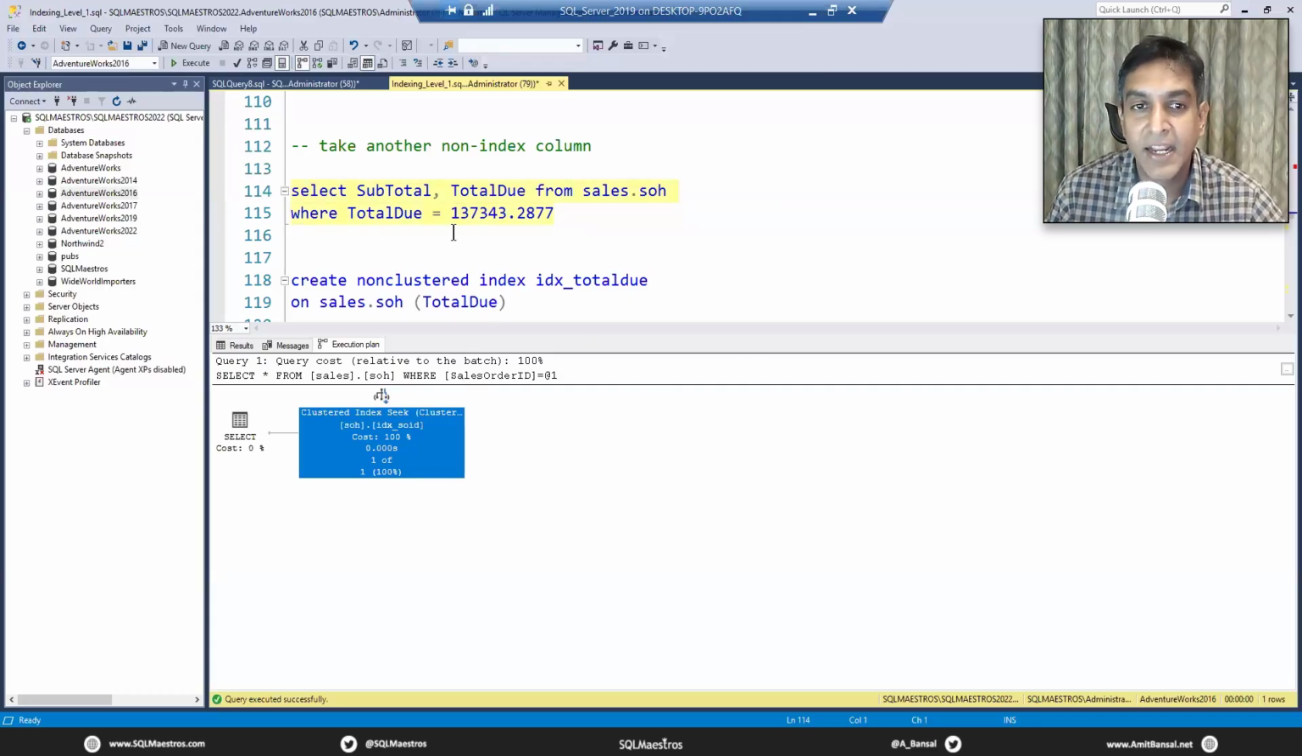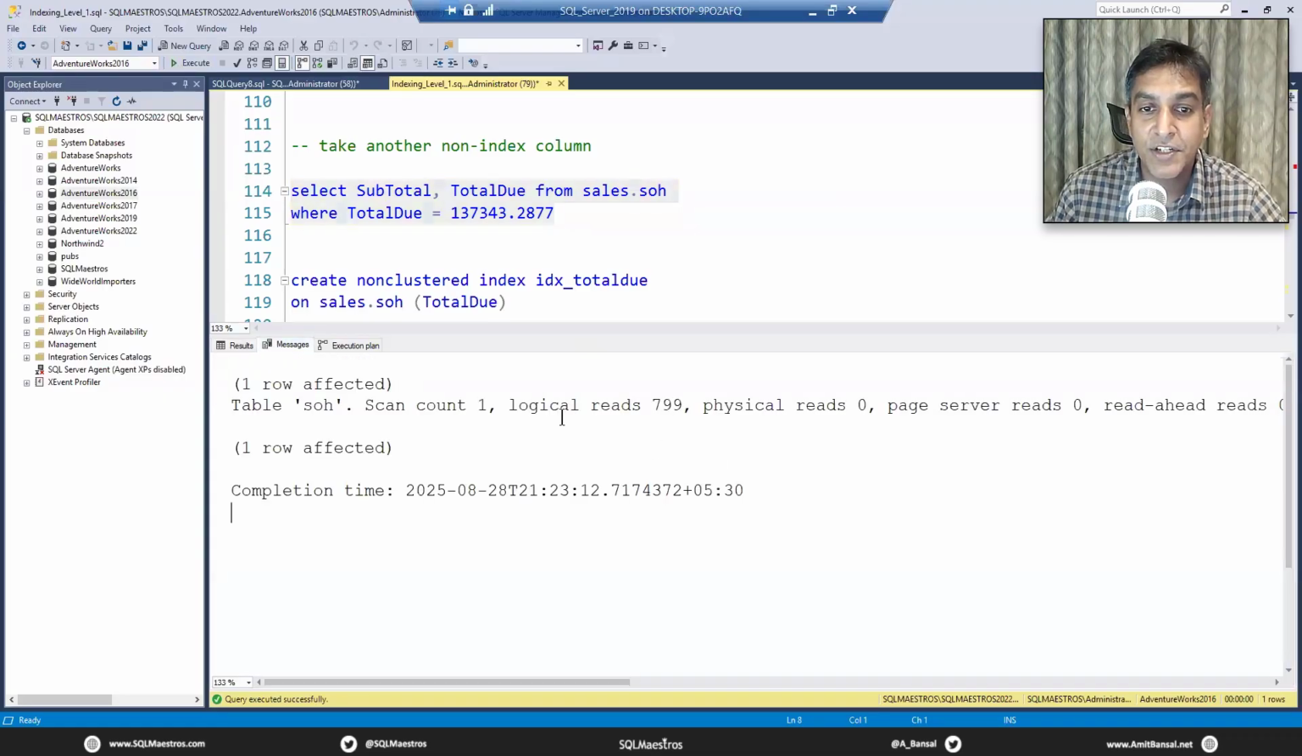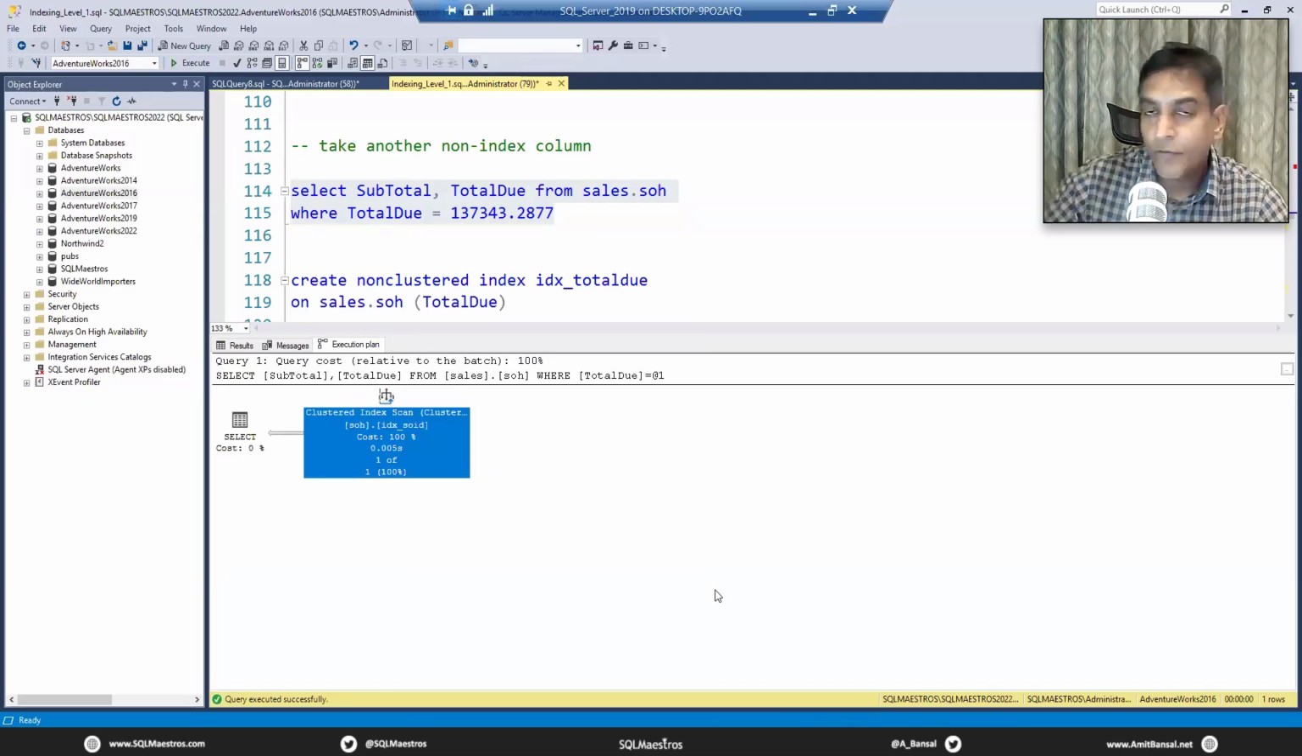This is going to be again a clustered index scan. Let's go and execute this. You get that one record, jump over to the messages tab. Look at this. The entire table was touched, all the pages in the leaf level. Let's go and look into the execution plan. And right there, you have a clustered index scan. Now, friends,